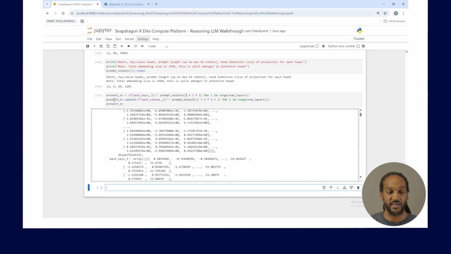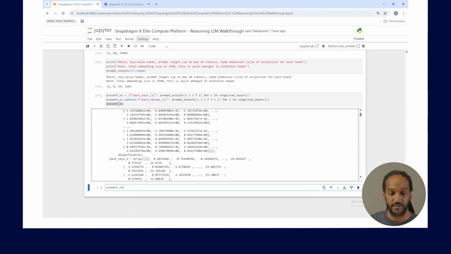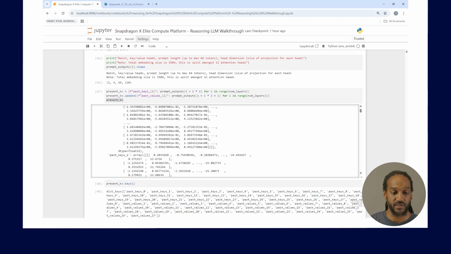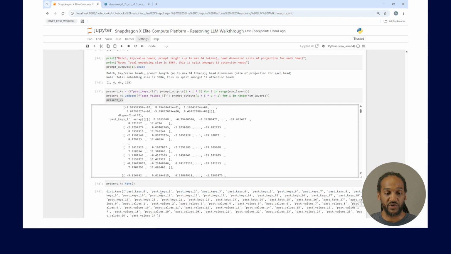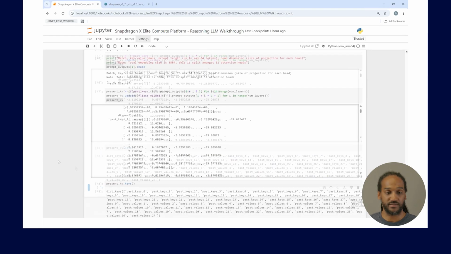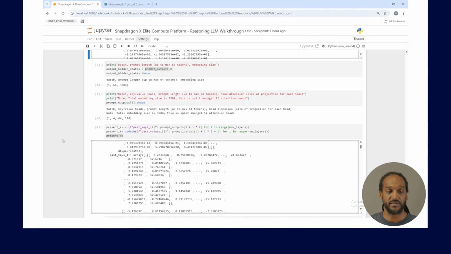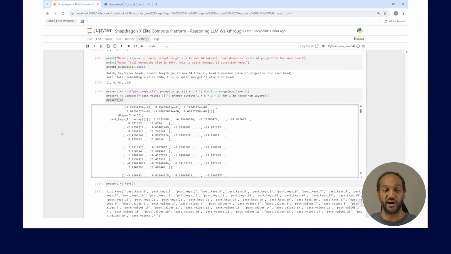Past key 1, and if we just take here dot keys, we'll see that we have a key and a value for every single layer, every single transformer layer, to be clear. Now that we've got our hidden states from the output, and we have our key value updates for the next prediction, and we've also updated our KV cache,